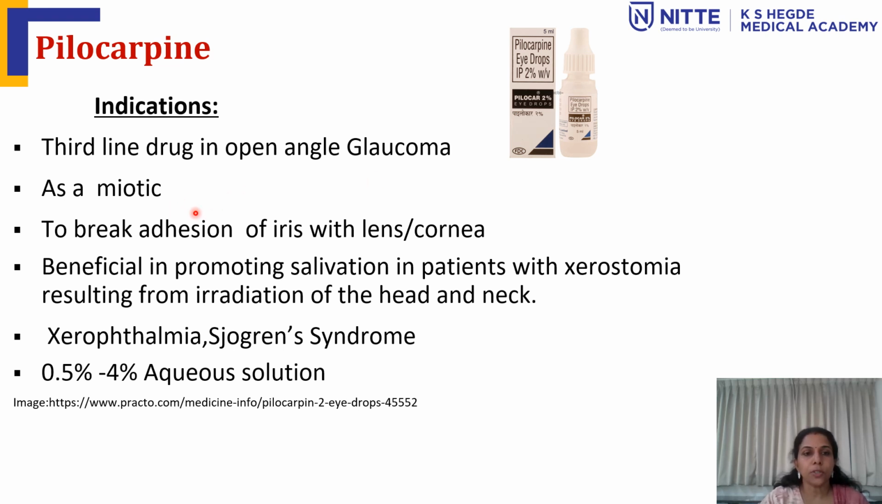Then it is also used as a miotic, to counteract the action of a mydriatic, because mydriatics are the ones used to dilate the pupil to test refractive error. So in such cases, it is used as a miotic to counteract the effect of the mydriatic. Another use is to break the adhesion of the iris with the lens,